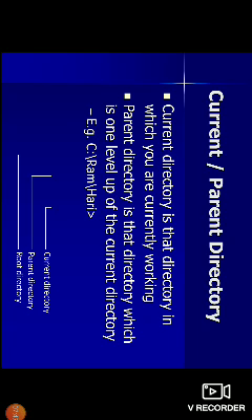Parent directory is the directory which is one level above the current directory. So here, for example, C colon slash ram slash Hari greater than symbol. Here Hari is the current directory in which we are working, and ram is the parent directory, and C colon is the root directory.